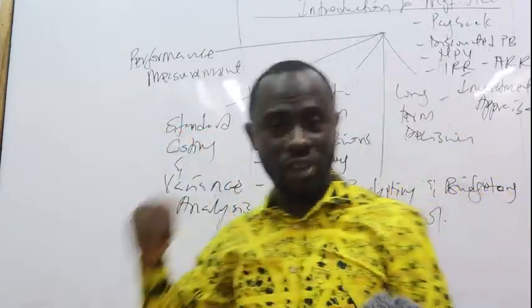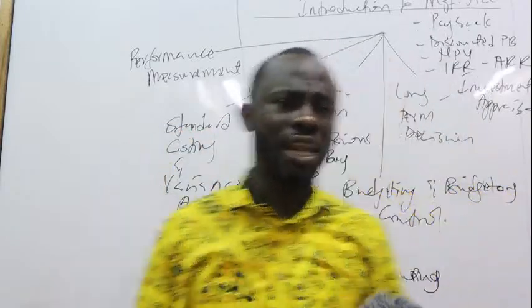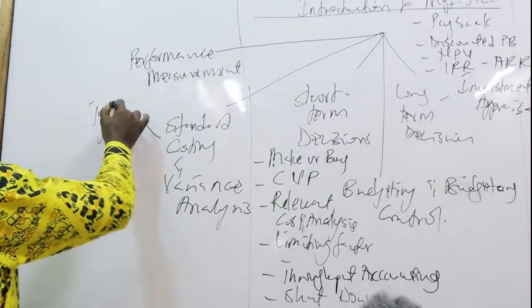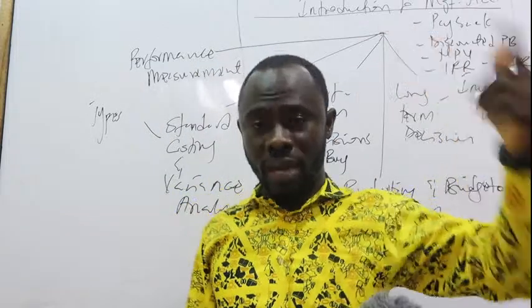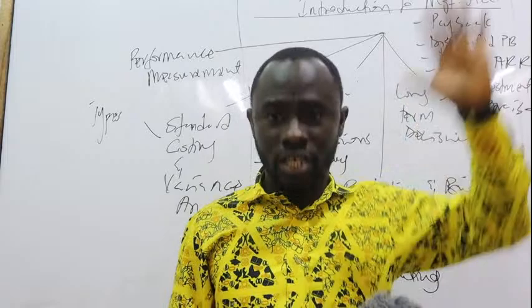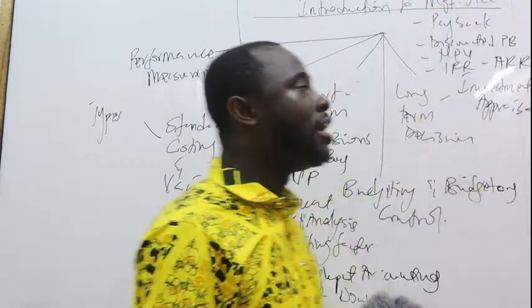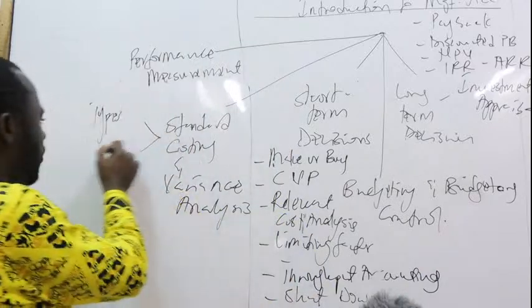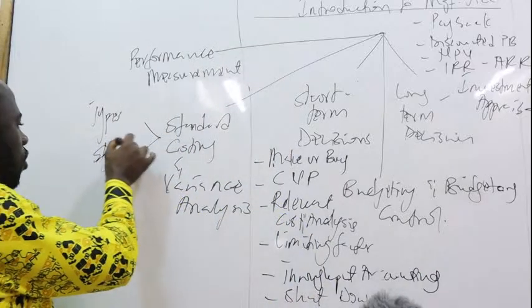Standard costing and variance analysis. Here, you'll be looking at things like the types of standards that we need to look out for. We have the basic standard, the ideal standard, the current standard, those types of standards. You got to look at that. And then stages of standard costing, very, very critical area you need to look out for as well.